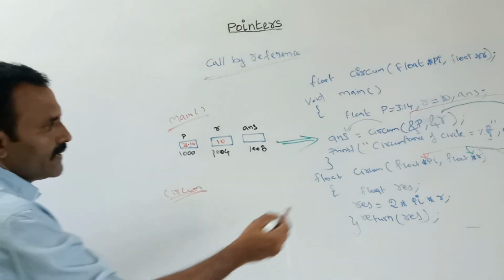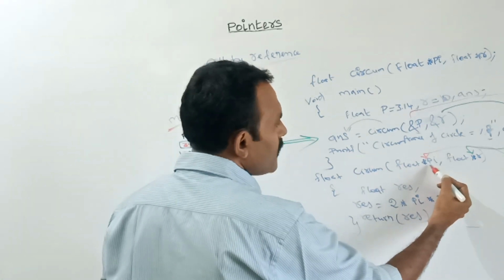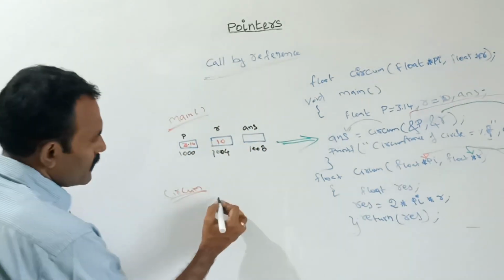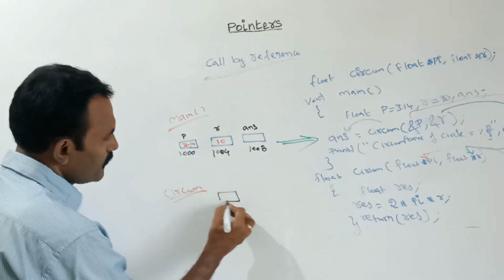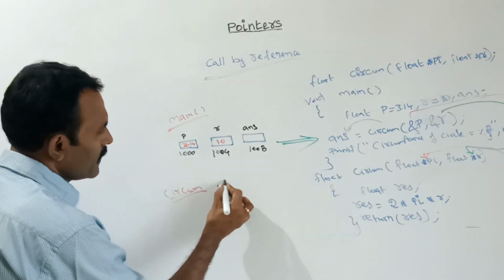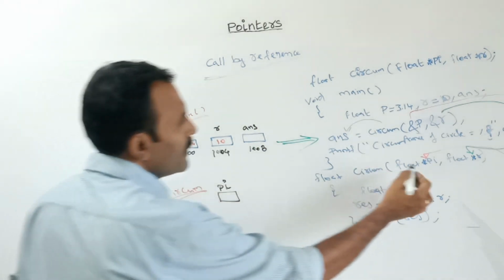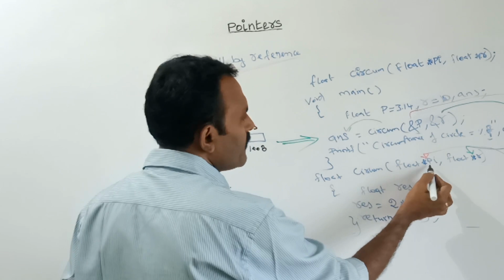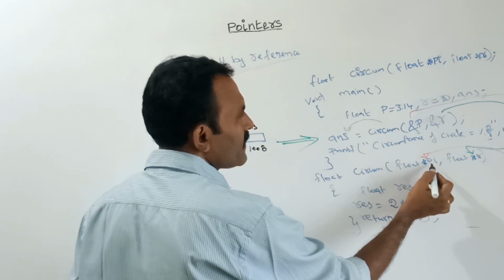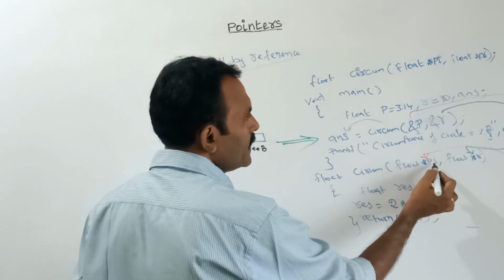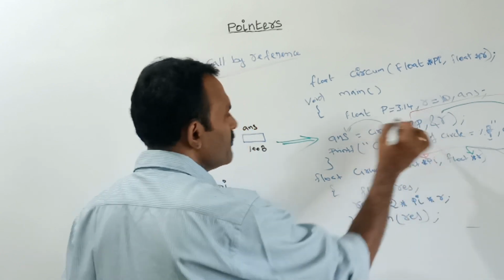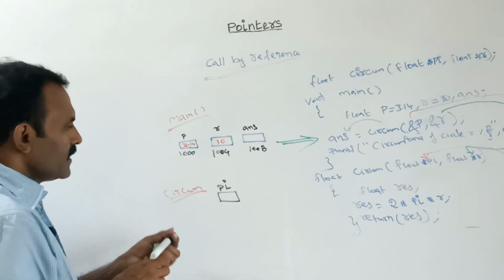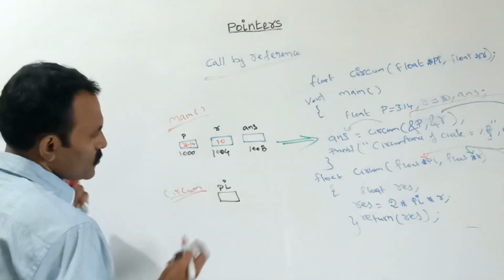Now we are in the function definition part, that is the user defined function circum. Here in *pi, this pointer variable pi holds the address of p. A pointer variable is used to store the address of another variable. So this pi stores the address of the p variable. What is the address of the p variable? 1000. So the value 1000 is stored here.